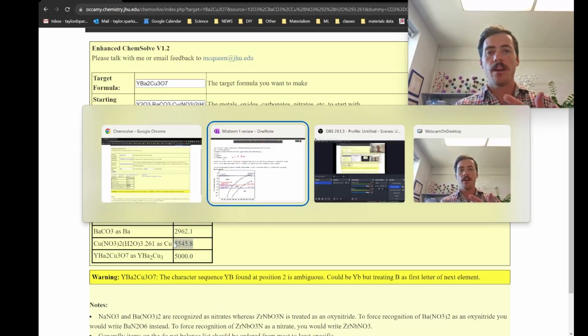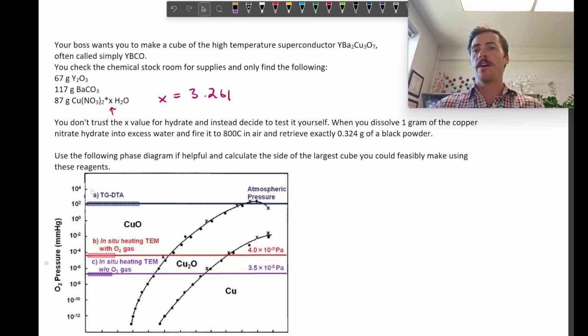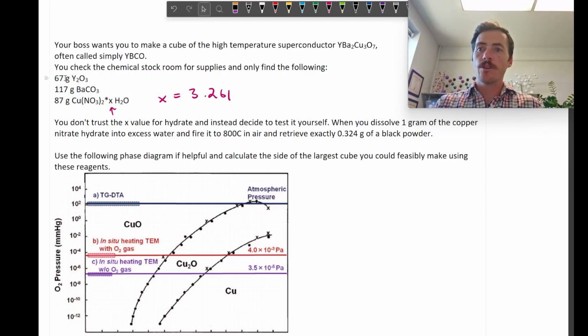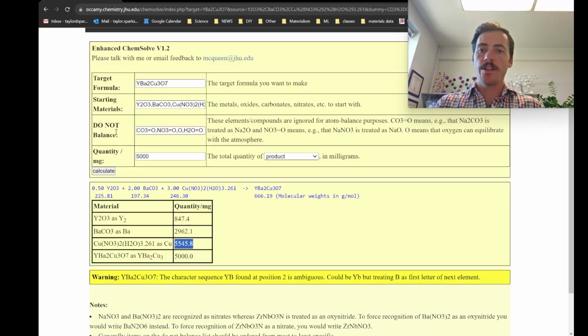So in this problem that I gave you to work out in my other video, I basically had you figure out which one of these three is the limiting reagent, and then once you know that, how much could you make? But here you can say the ratio of yttrium to barium to copper reagents, you can see what their ratio is versus the actual one, so you can very quickly see which one's your limiting